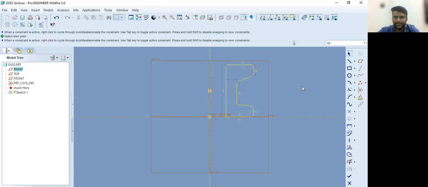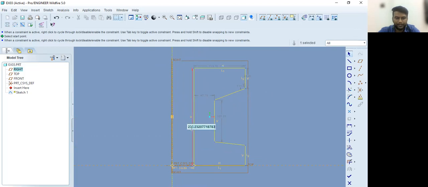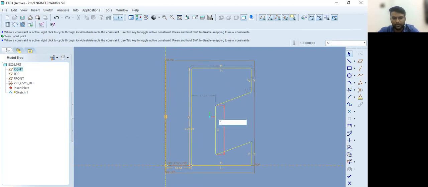Once the sketch is completed, now we need to define the dimensions. Just double click on the dimension and change the dimension. The dimensions which are given here, I don't require those dimensions. Here, this is 200. Some of the dimensions that are required are not given here.